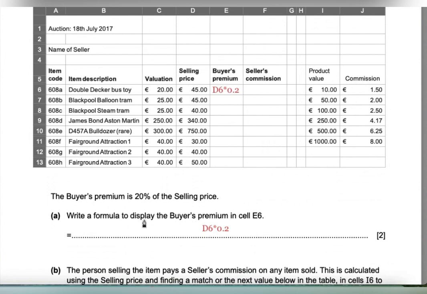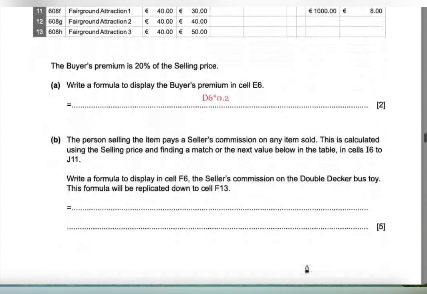Say write a formula to display the buyer's premium in cell E6. So this is the formula we write. So how does this one give 2 marks? Just writing this one. How? Okay, 1 mark for writing D6 and 1 mark for multiplying by 0.2. Okay, that's how you get your 2 marks. Now let's move